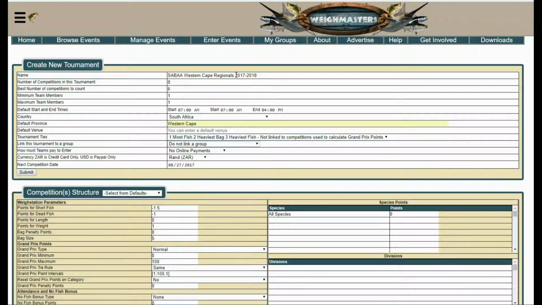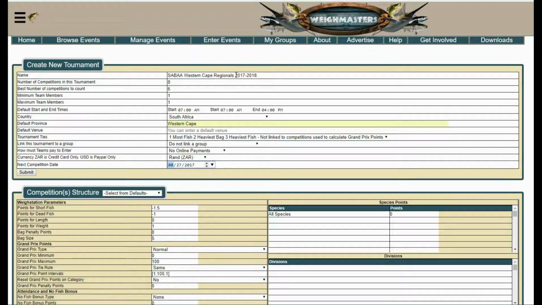Okay, I'm going to tab through all the other stuff, but you'll see there's some exciting stuff happening here. I will, in the next video or a later video, explain all of this in detail. However, what is important is to please set your next competition date and also to update this on a regular basis. So remember, many competitions from a single tournament, so once you've gone past a weekend, go and set your